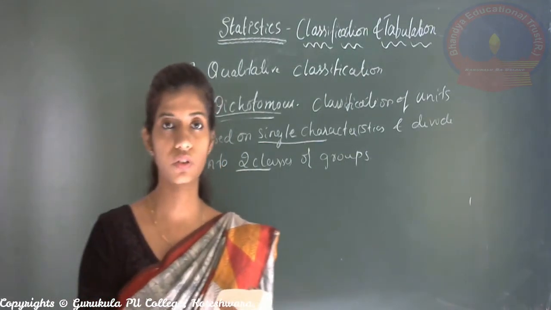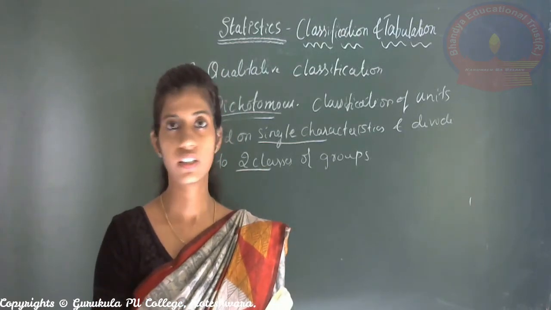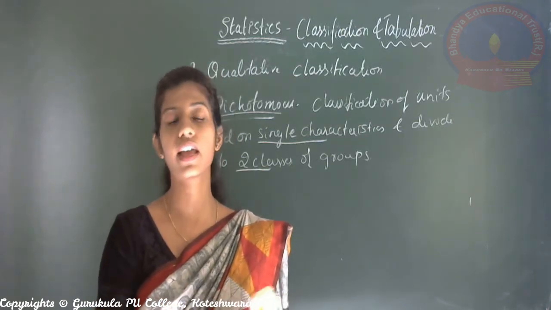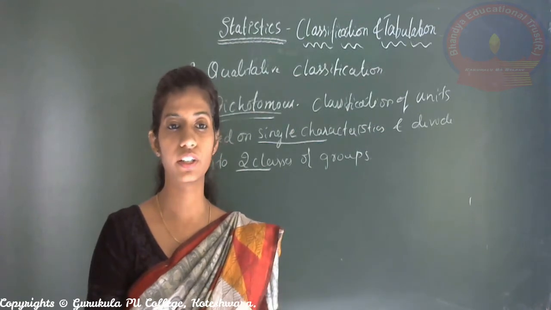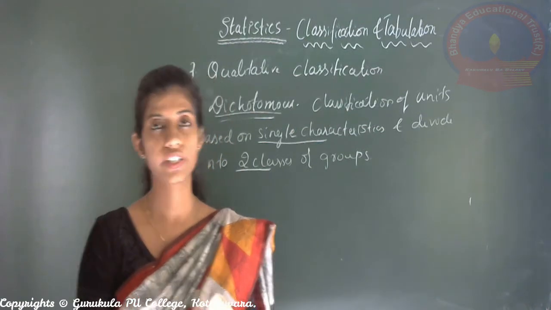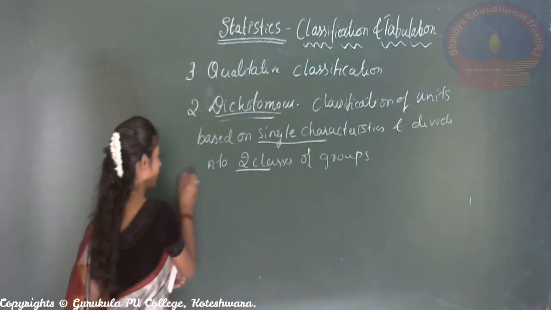If you take education status, there it is educated and uneducated. So like that, any characteristic you can take, so it should be divided into two subgroups, then we call it as dichotomous. So example for this is